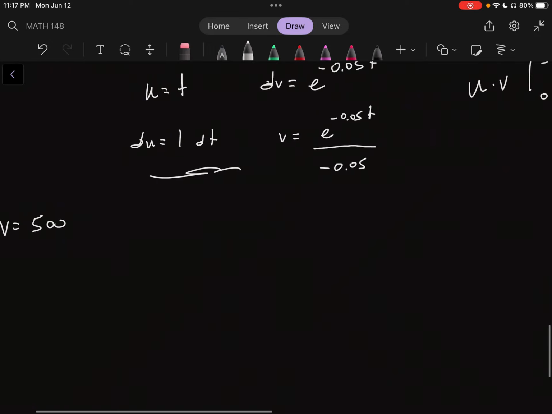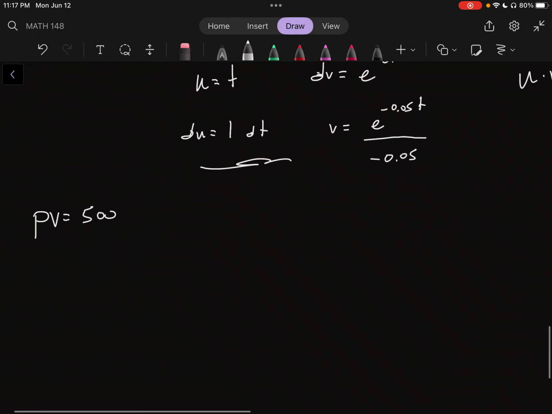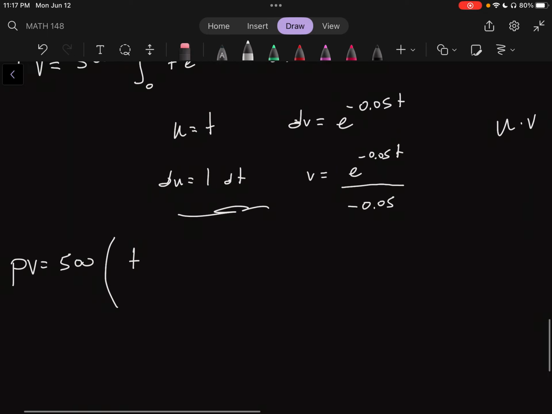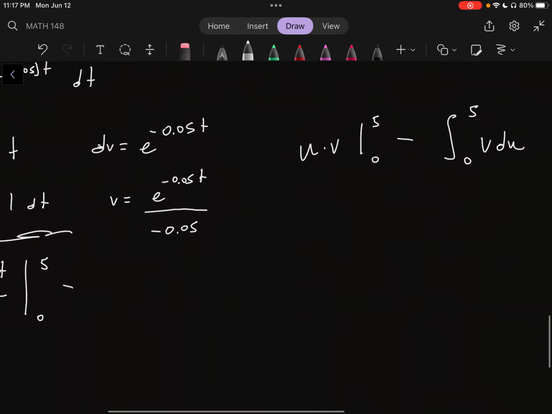So we get u, which is t, times v, which is e to the negative 0.05t over negative 0.05,